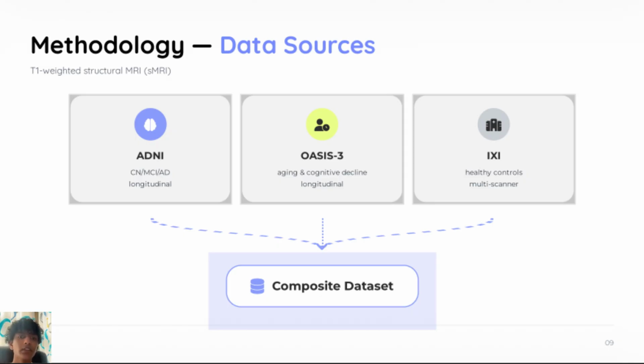For the dataset, I use a composite structural MRI dataset derived from the ADNI, OASIS 3, and IXI. ADNI provided scans related to cognitively normal individuals, mild cognitive impairment, and Alzheimer's disease. OASIS 3 added aging and cognitive decline data. IXI contributed healthy control MRI data from multiple scanners. Using a composite dataset is important because it helps make the model less dependent on one specific source. In real clinical settings, the MRI scans can vary by scanner, patient population, and acquisition protocol. The goal was to train and test a model that could handle this variation while still detecting Alzheimer's related structural